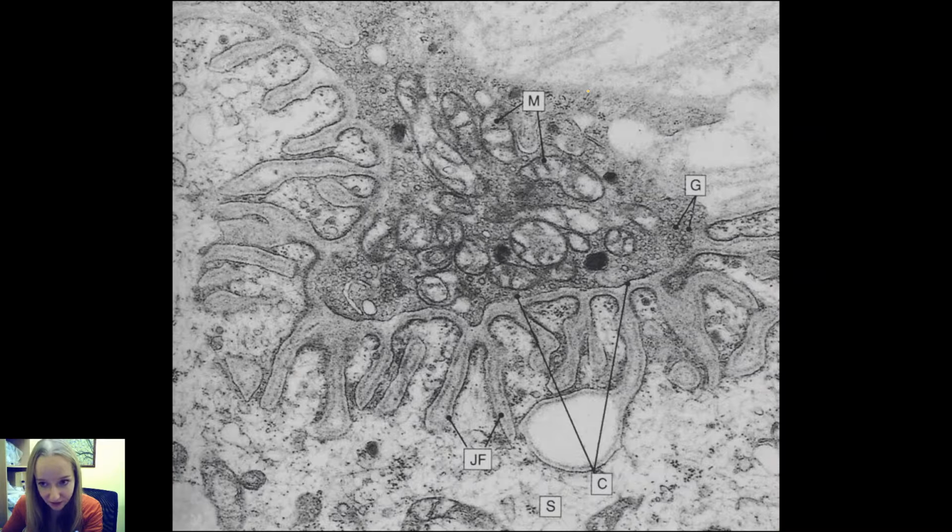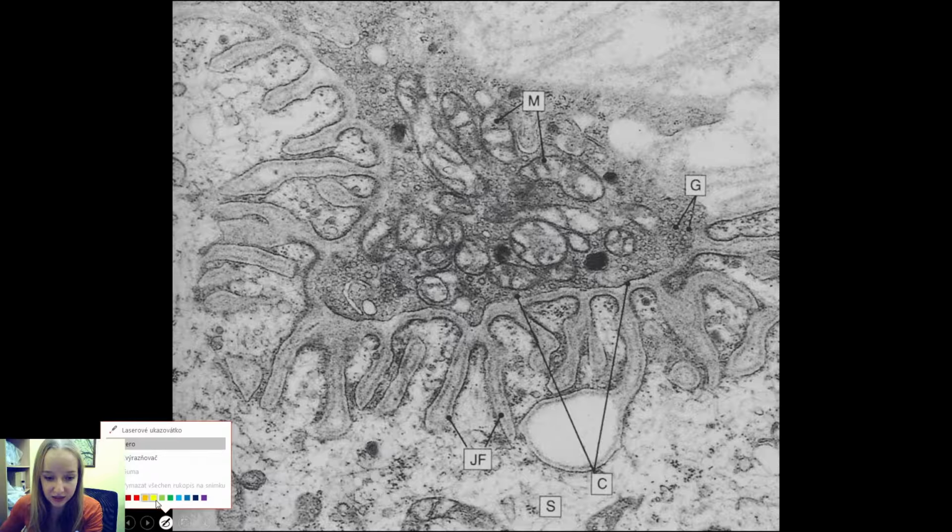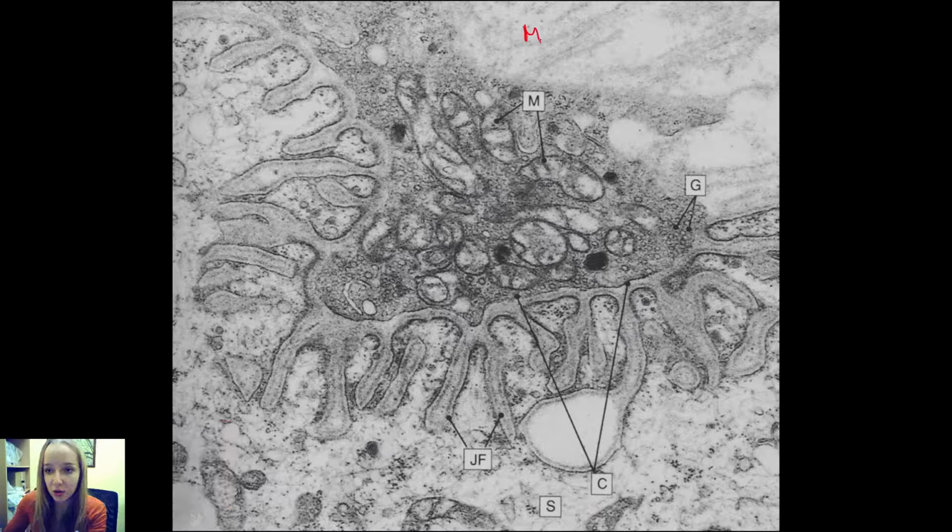So here we have a nice picture from an electron microscope. This is the myoneural connection. This is the motor end plate. I'm going to write it down. It's a muscle to neuron, myoneural connection, the motor end plate. And once again, we can see this is an axon which is widened here,